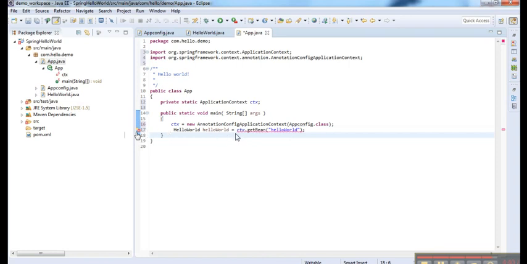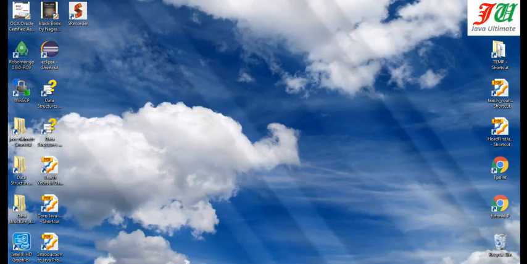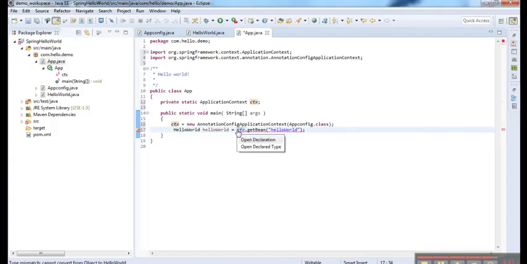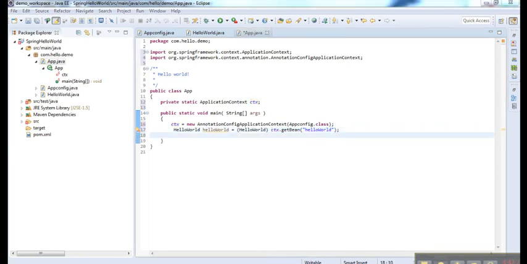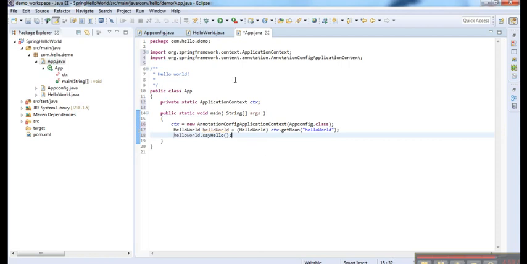So you have to convert the returned object to the HelloWorld object. For that you have to use type casting. So we will cast this object to HelloWorld. Now your object is ready to use. Now you can use sayHello. This is the method that we have created in HelloWorld.java.